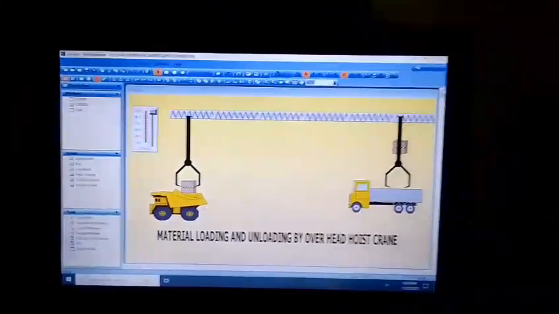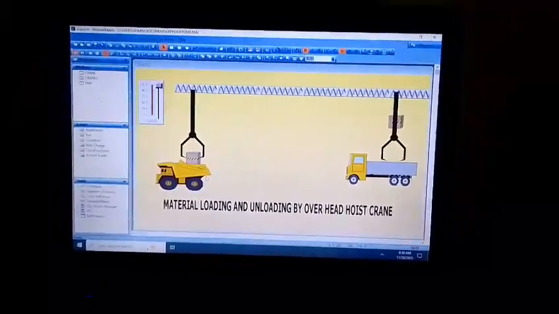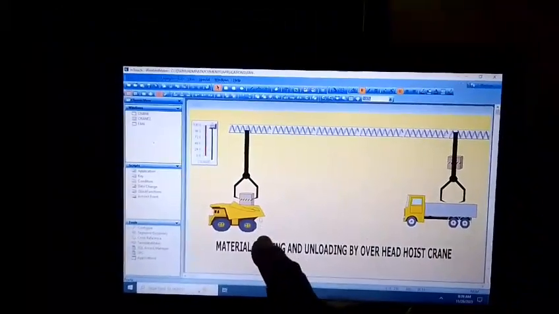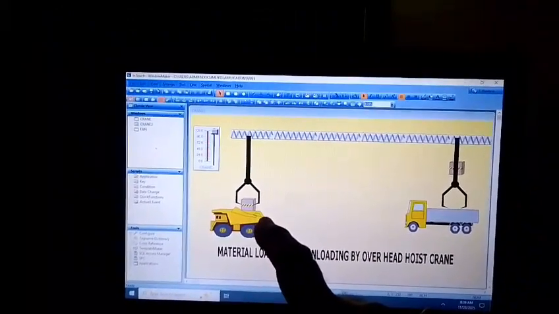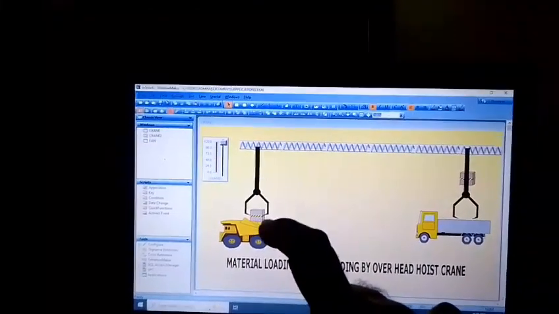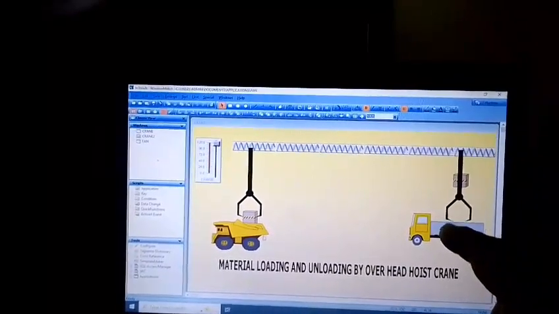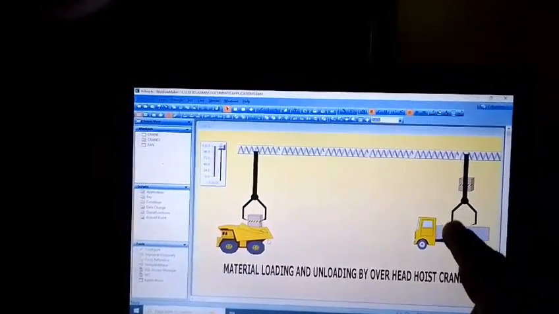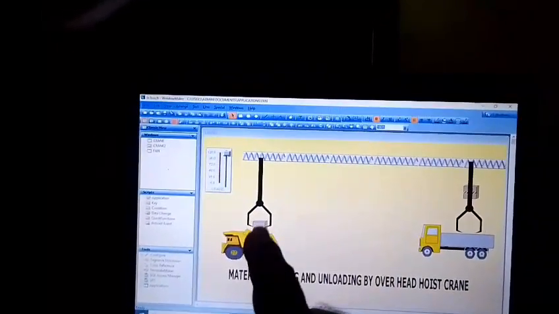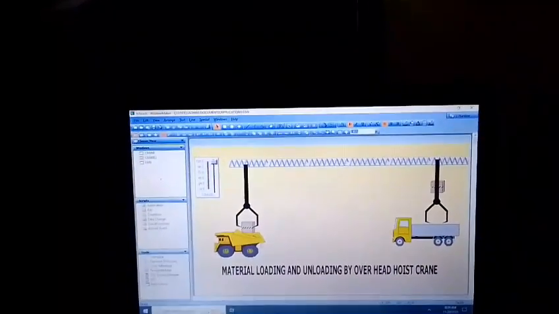See this. This is the graphical user interface I made by using Wonderware's InTouch SCADA. On the left side there is a loader and there is a job kept on it, and the overhead crane or hoist came to lift it. It will lift it and take it here and load it on the truck. The truck will go, and after the truck goes, this crane will return here to take another job, and the process will keep continuing.